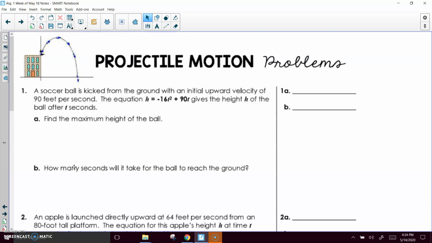Let's think about the way objects fly through the air. If you were standing on top of a building and you were going to throw something, the path of the object, if you think of throwing a ball, would go up and then come down. Same idea if you were standing on the ground. If you were going to throw an object from the ground, the path would go up